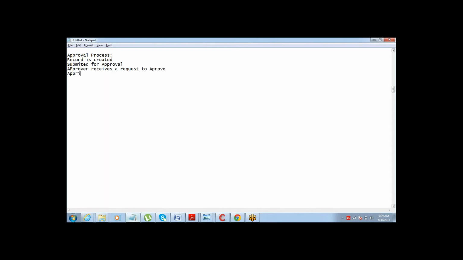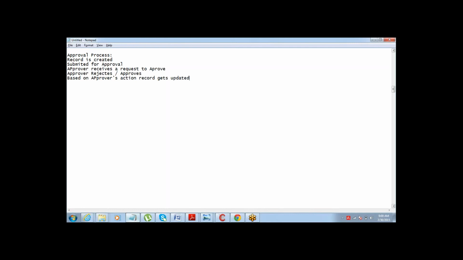Now the approver either rejects or approves. He has both options, he can reject or he can approve it. And based on the approver's action, the record gets updated.